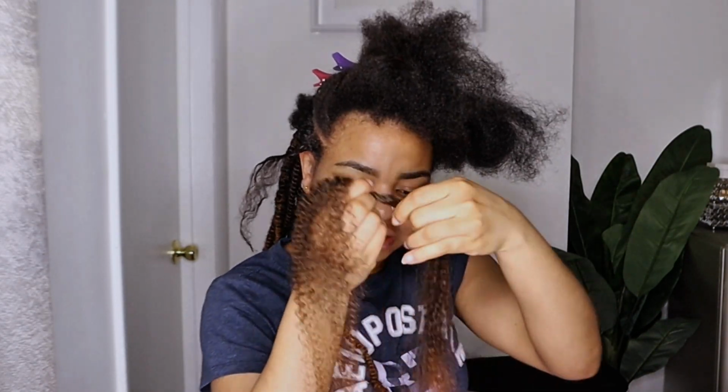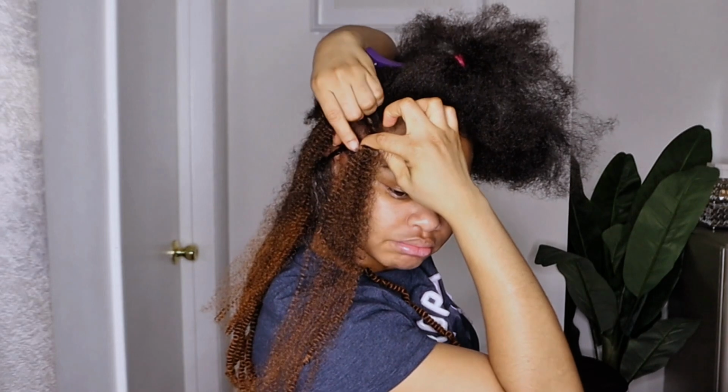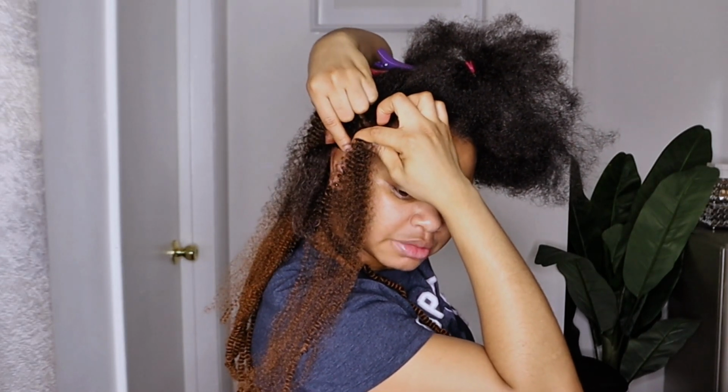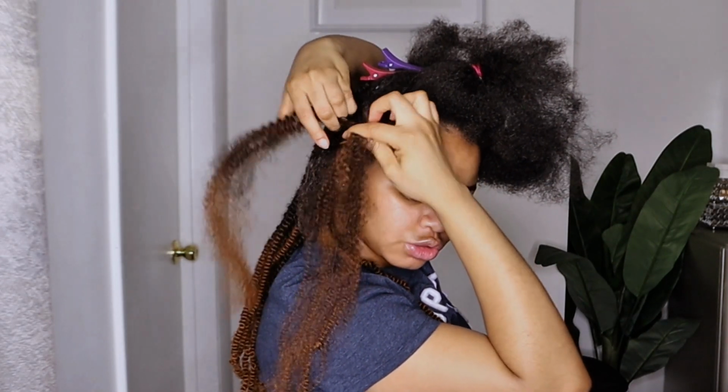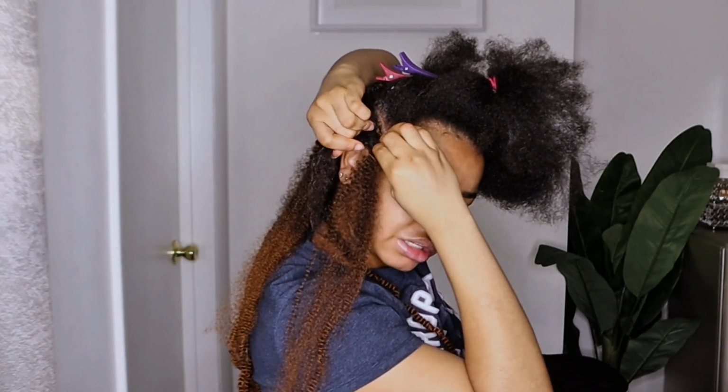We're starting off like I'm doing a 3-strand braid, okay. So this is going to look like the 2 piece of hair, and my natural hair is going to be the 3rd piece for this 3-strand braid, okay. So I'm going to go ahead and show you guys, like, my natural hair is the 3rd piece, and this is the 2 other piece of hair that I'm using to do my 3-strand braid. So starting off,